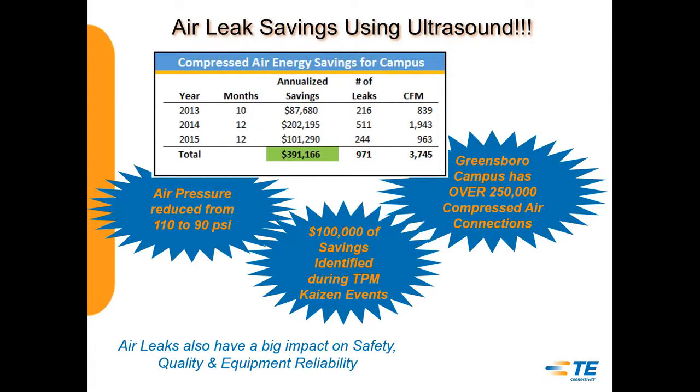2014 was kind of a bumper crop year for us. We saved over $200,000. We had a couple of technicians and some kinds of events that really gave us a boost in resources for that effort. And 2014 was the first time our accountants started noticing the power bill going down. So once we got a little bit of recognition and proof that all this effort was actually saving us money, we got some pretty good recognition for that. That's one of the things that led us to be able to dedicate a couple of full-time condition-based monitoring technicians,